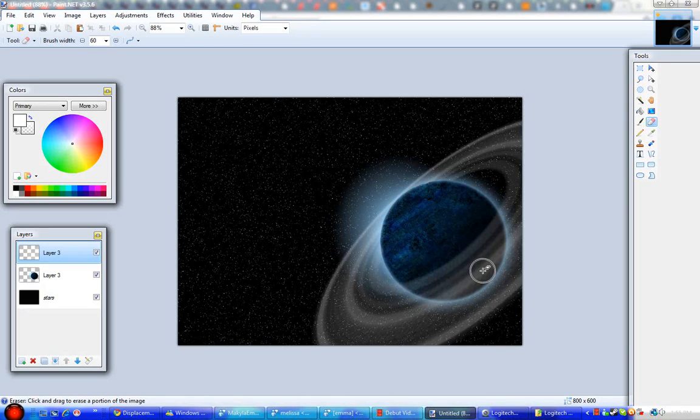You don't have to do white for the ring, you can do orange and stuff. Yeah, just with the effects you've got, use your imagination and see what you can do,